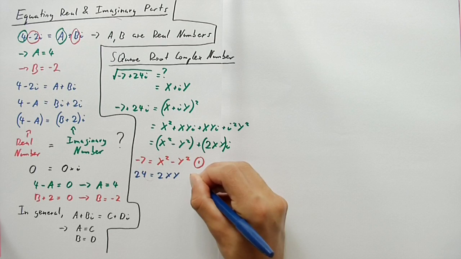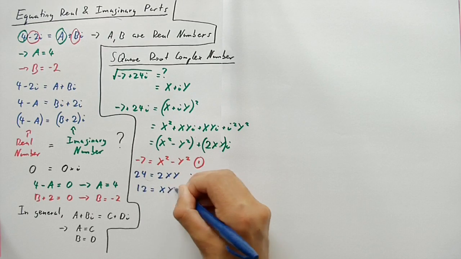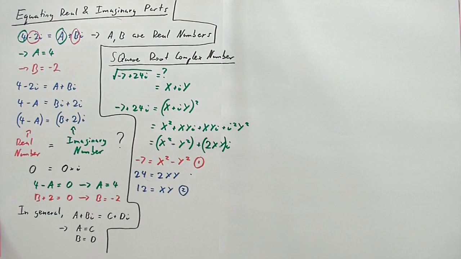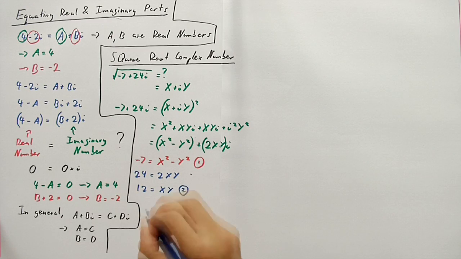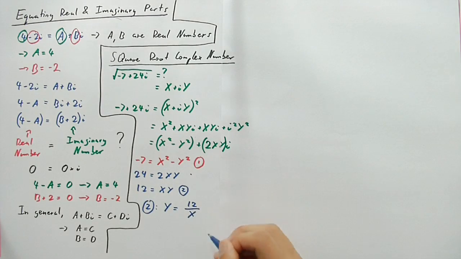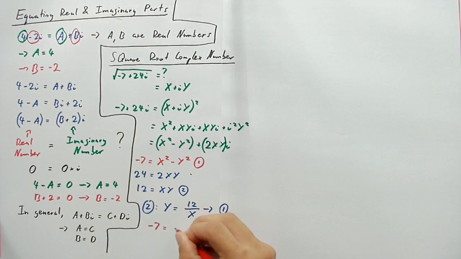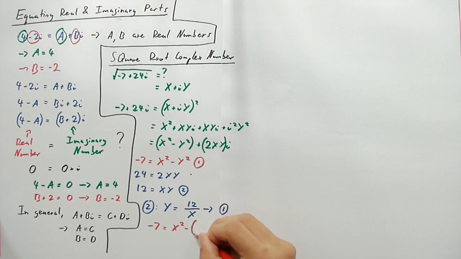Now I'm just going to divide by 2, so we get 12 equals x times y, and now I'm going to call this equation 2. Cool, so now we have two simultaneous equations, which you can solve to give us x and y. So from this equation, we get that y is equal to 12 divided by x, and we're going to sub this in equation 1, and we'll get that negative 7 is equal to x squared minus 12 divided by x